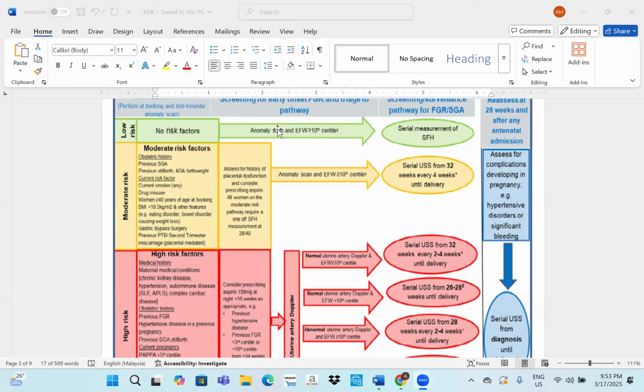On the y-axis, either you can plot the symphysiofundal height or you can plot the estimated fetal weight. If the patient is coming to you and she has already done her growth scan and you have the estimated fetal weight,